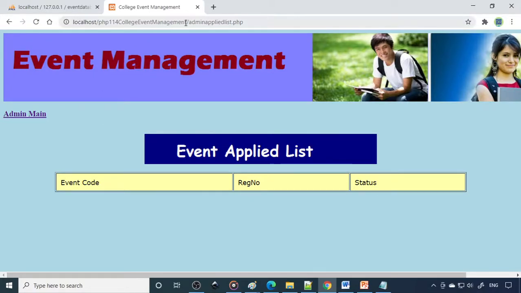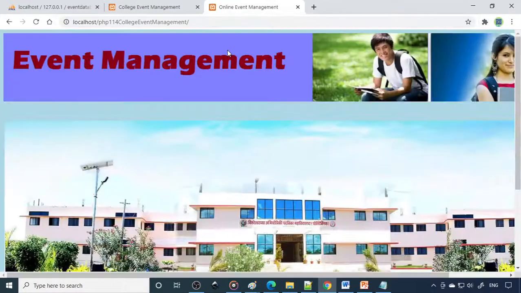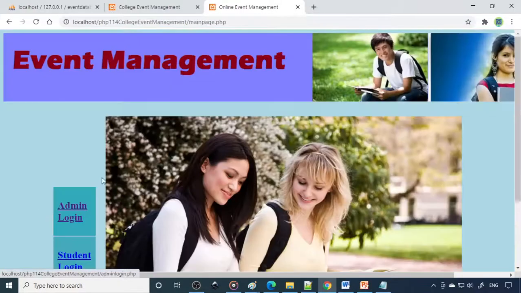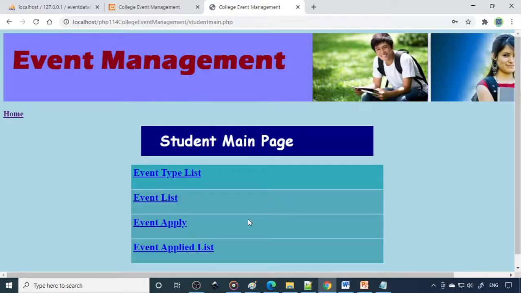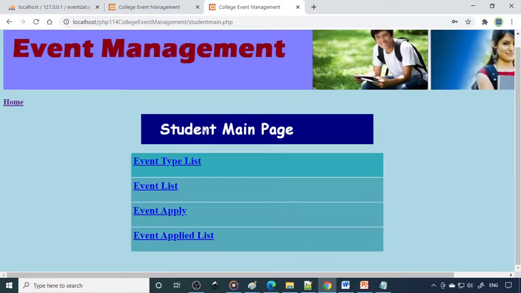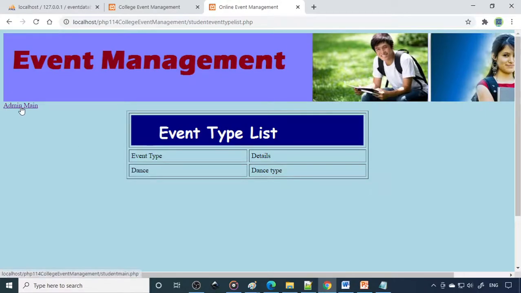So now what we can do is copy the main address, go to one more tab and paste it here, then get into the site and student login. Here you need to log in with BE101 and type the corresponding password. So the student main page will come over there. Right. So event type list, the types will come.